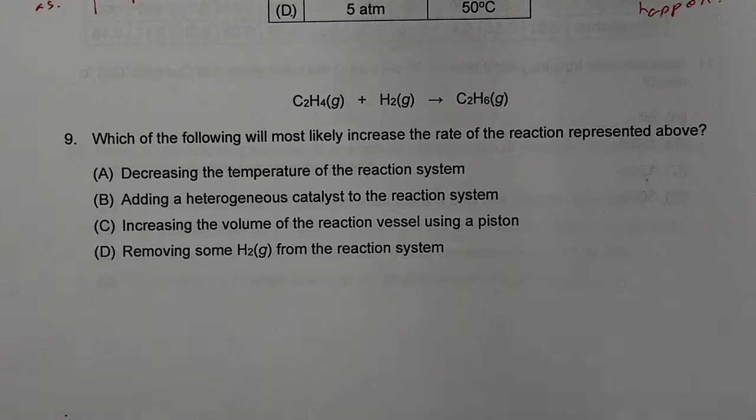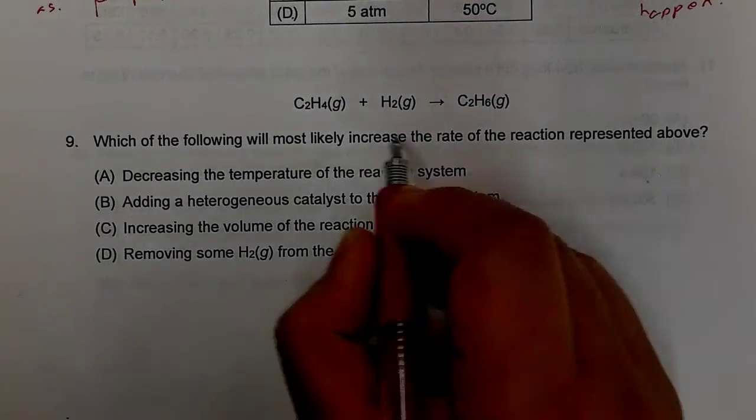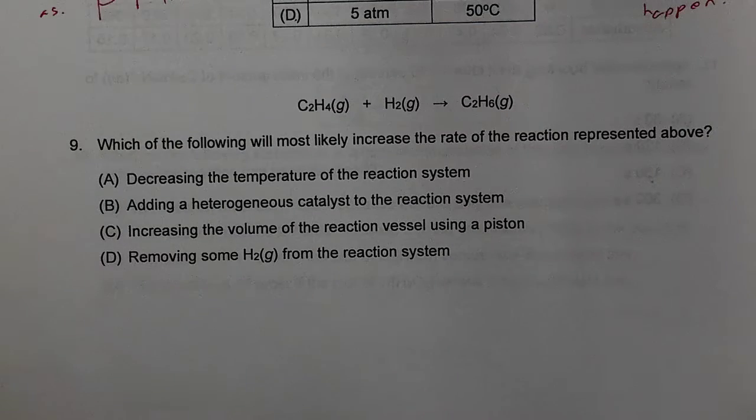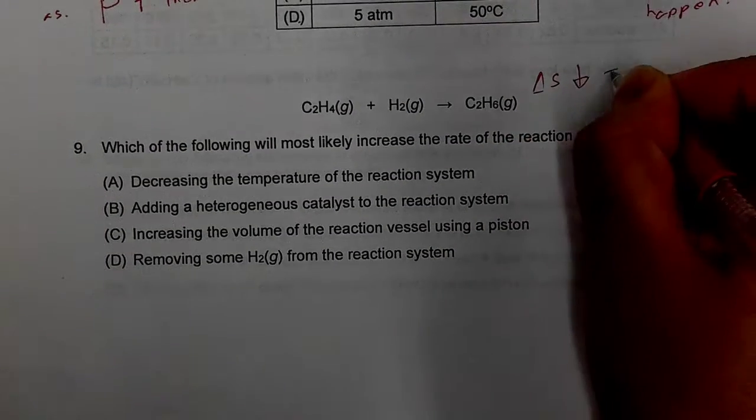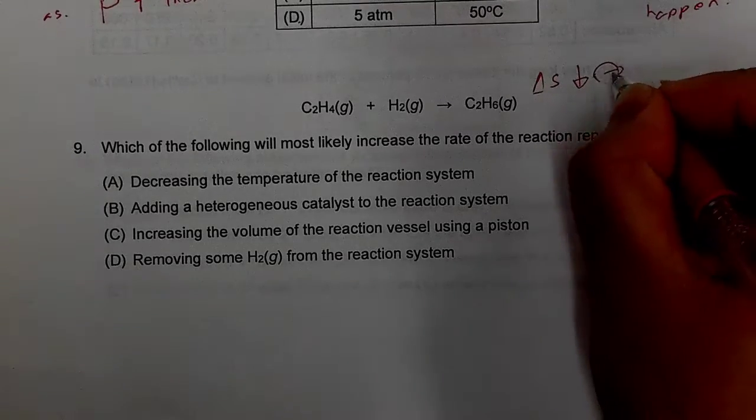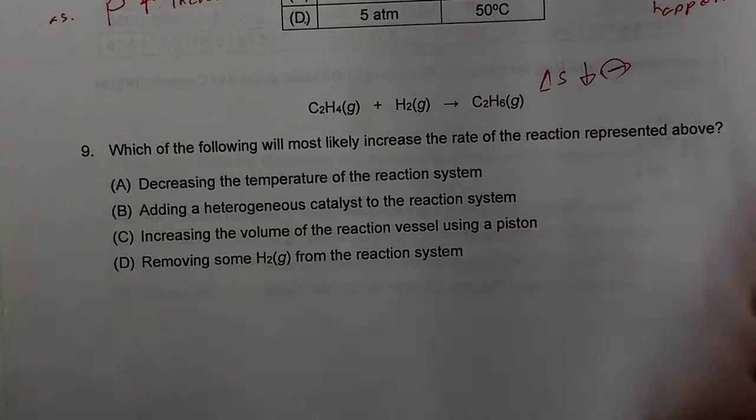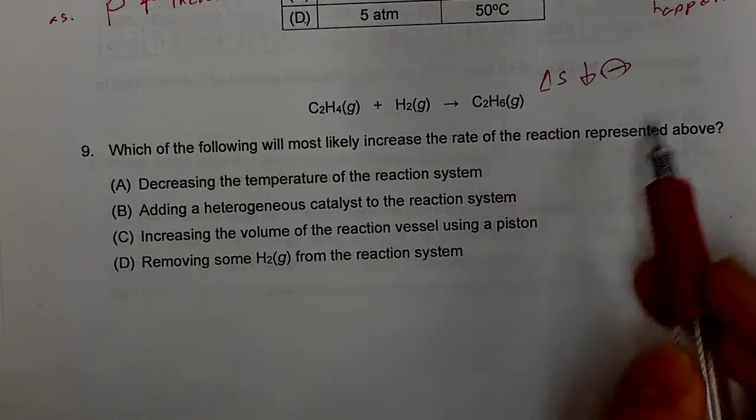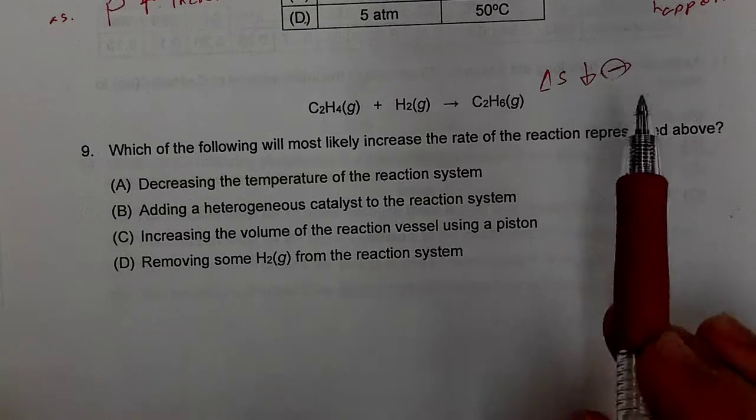Take a look at the rate of reaction. Okay, take a look at it. What's happening? What kind of reaction is this? Yeah, delta S is going down. Delta S is negative because you have 2 moles to 1 mole. Okay, what do you think? So, based off of this, let's talk about it. Because your delta S is negative,